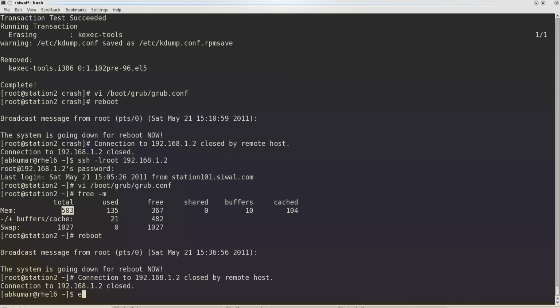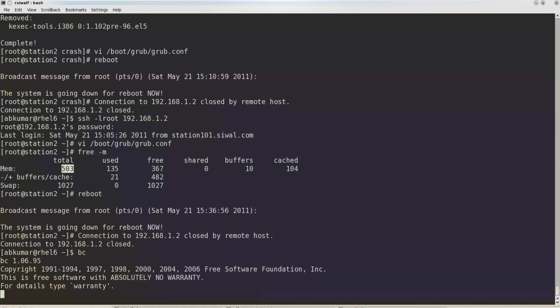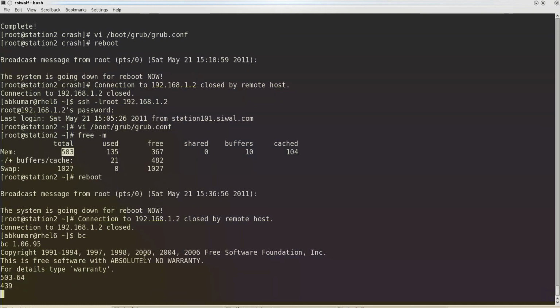So we'll just try to log into this machine and we will see that presently we will be able to see only 439 megs of RAM.